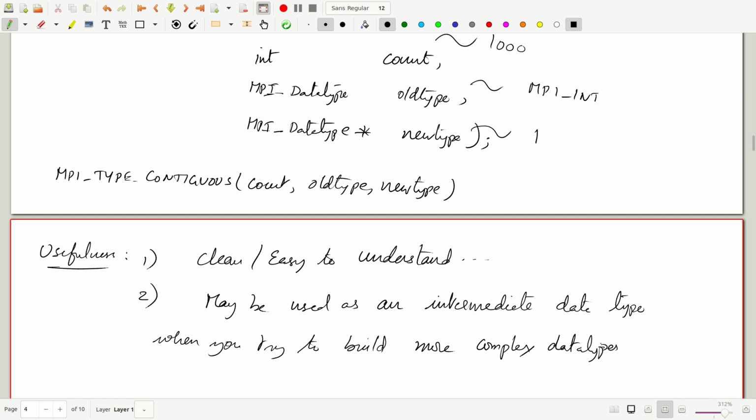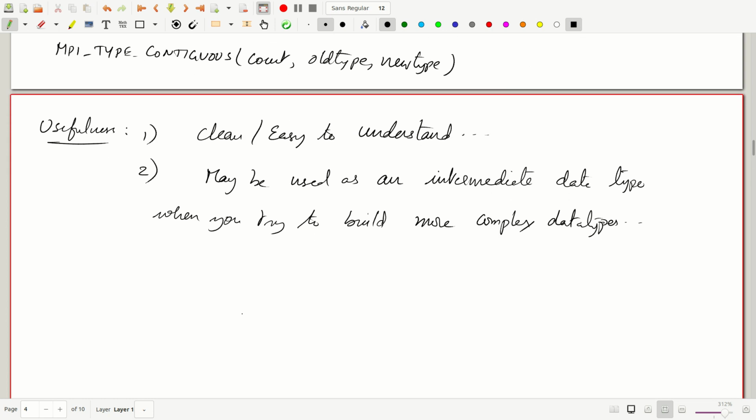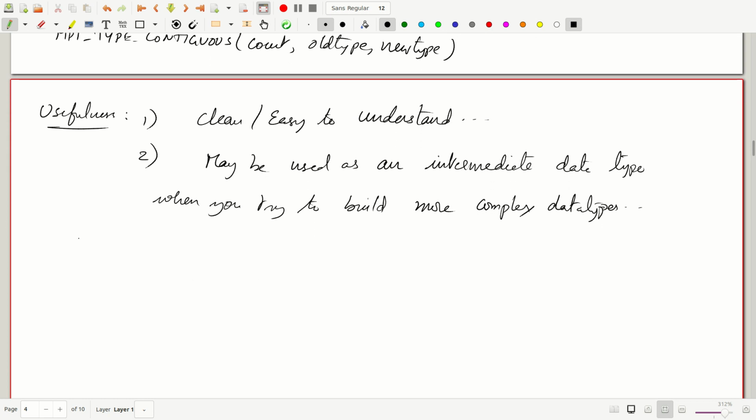So let us say you are building a more complicated data type which has a particular pattern of memory. That pattern may not be represented easily using just a vector, or just a contiguous type, or a structure. Rather, you may have to make use of vector plus contiguous to define it. So what you do is you define a new type for contiguous, and then use that new contiguous type for the vector